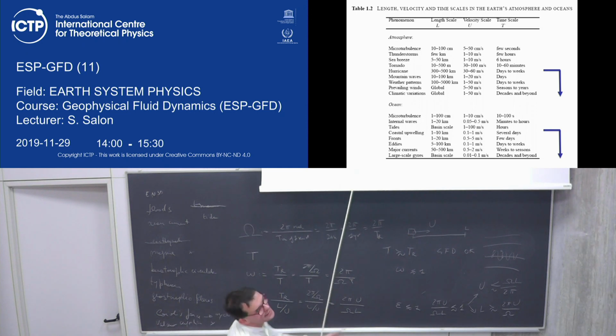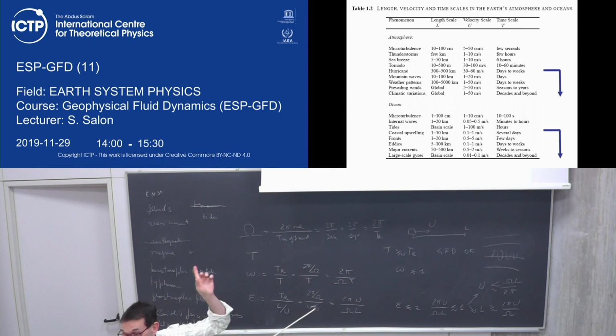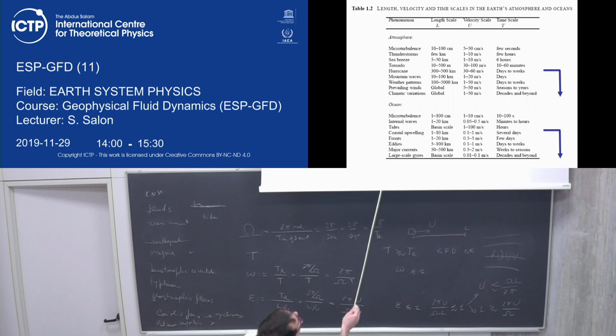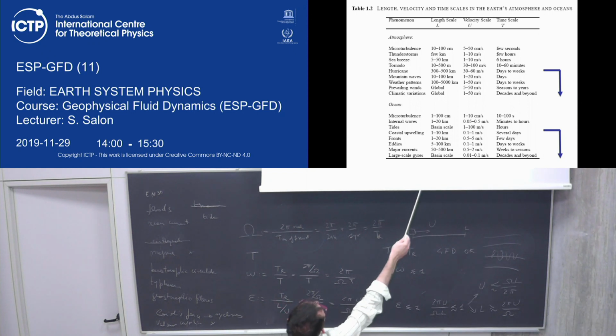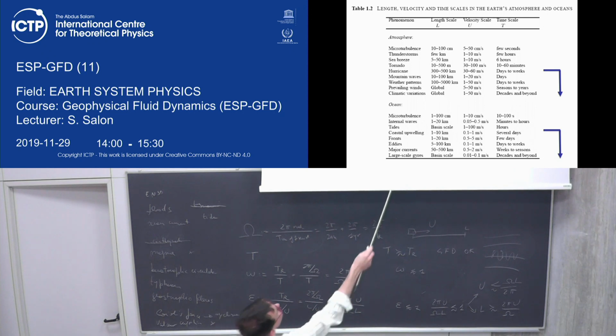Coastal upwelling is a phenomenon we will see. Upwelling means when you have water which comes up, usually for mass conservation. And microturbulence: micro means small, and turbulence. So you have all the phenomena like the drops we saw before, all the things that are very small, with a scale of less than 1 meter, 100 seconds. A few seconds in the atmosphere, and a little bit faster.